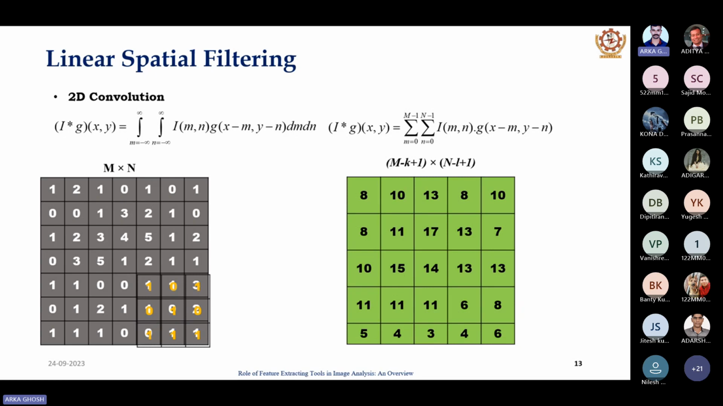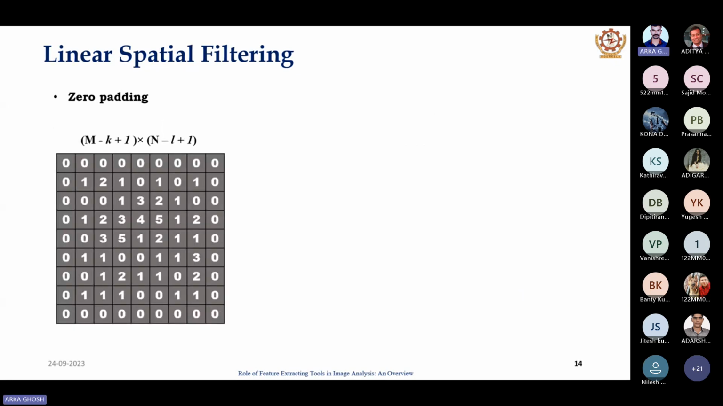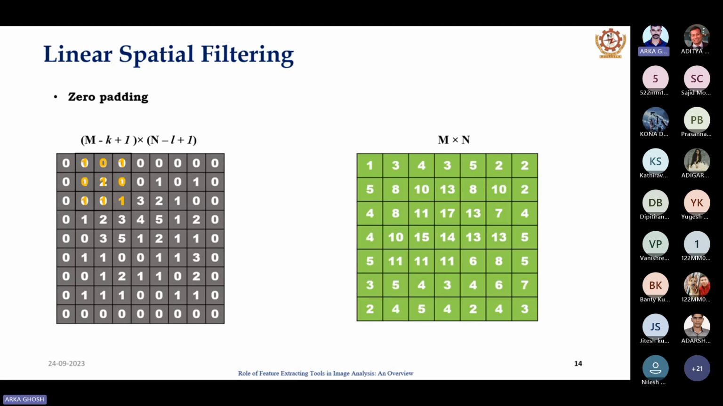To make sure that this information is also present in the output convolved image, we need another technique called zero padding. What we will do is pad zeros outside the image so that the output keeps the original size, instead of becoming M minus K plus 1 cross N minus L plus 1. Now if we do the same operation of placing the kernel at different locations, you see we are considering all the farthest corner information of that image when we move the kernel to every location, and we will get